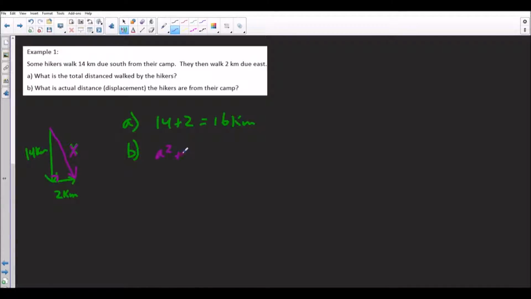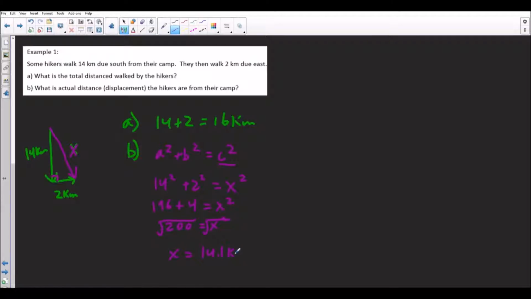We're going to use a squared plus b squared is equal to c squared. And we're going to find this side. This side is actually the hypotenuse, so it's c. So we're going to say 14 squared plus 2 squared is equal to x squared, because 14 and 2 are a and b. So then we're going to square them. 14 squared is 196, plus 4 is equal to x squared. So then 200 is equal to x squared. We need to get rid of the squared, so we're going to take the square root of both sides. So x is going to equal the square root of 200, which is just